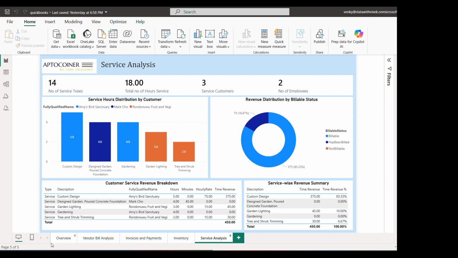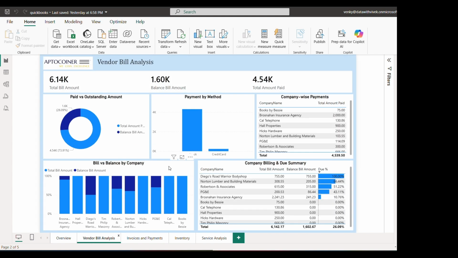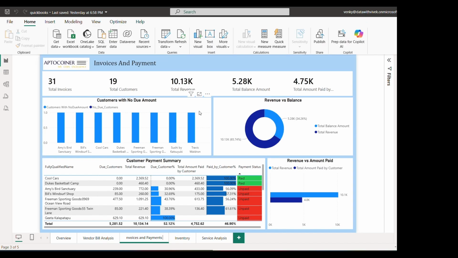So next, going to the report again, we can see the overview of the complete data, like the number of items, number of inventory types, section wise. This is the complete interface, which is a user friendly interface. And then in the vendor bill analysis we can see the bill amounts, balance, and paid versus outstanding amount, payment method types. And then in the invoices we can see the number of invoices and the payment status, due percentage of the customers, and paid percentage of the customers, revenue that has been paid, and the balance to be